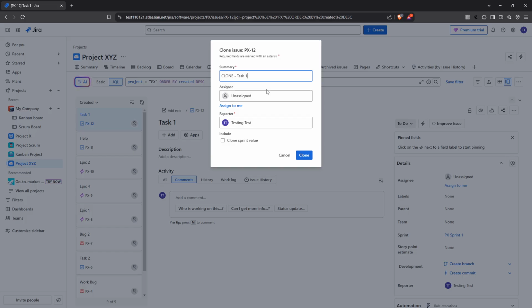Afterwards, you'll be prompted to fill in some details for your cloned issue. You'll need to enter a summary that provides a brief but clear description of what the issue is. Also, set the assignee, which is the person responsible for addressing this issue. Don't forget to fill in the reporter field as well, indicating who identified the need for this issue to be tracked. Once all the necessary fields are filled out to your satisfaction, it's time to complete the process by clicking